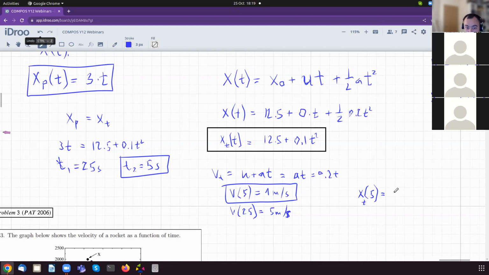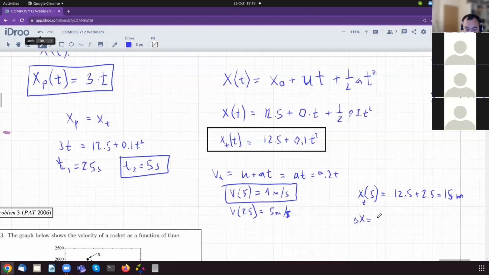So 12.5 plus 0.1 times 25, which is 2.5, which is 15 meters. But that's from the starting point of the human, and the train has traveled